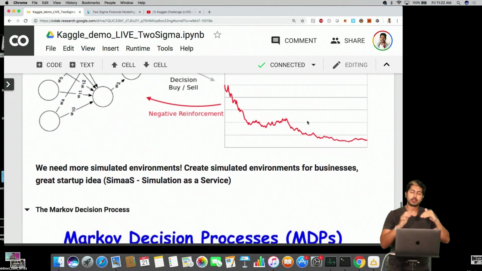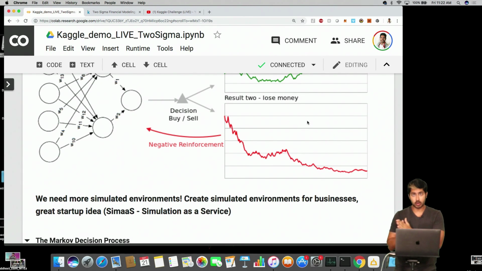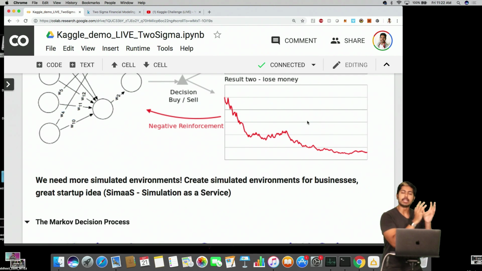So where was I? So this is a call to action for startups, okay? Because I see a real need here. Here's a pain point where there are companies that need a reinforcement learning solution to help optimize their profits for their systems. And there are data scientists out there that want to use reinforcement learning to then solve these systems. So what there needs to be is an intermediary that offers a simulation as a service. And so what these simulation as a service companies, or startups, will do, is they'll approach, and here's how